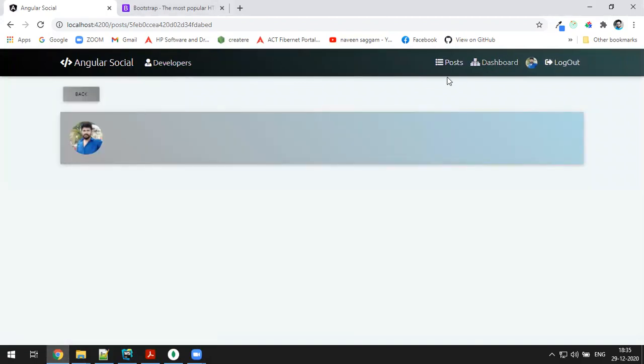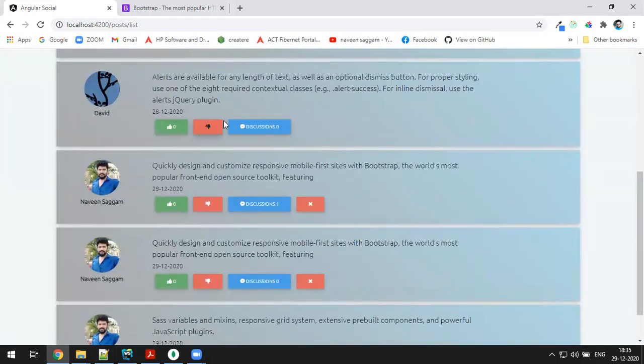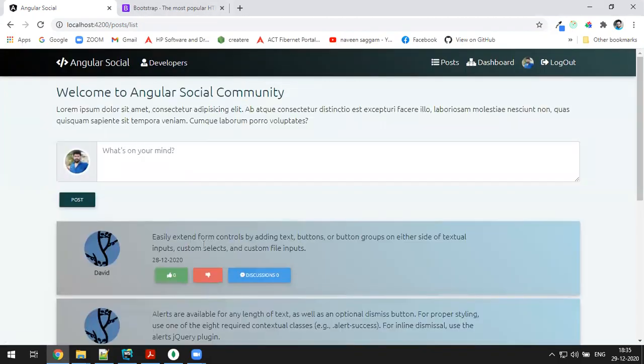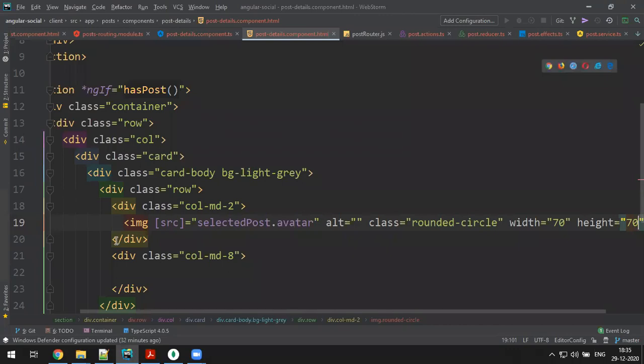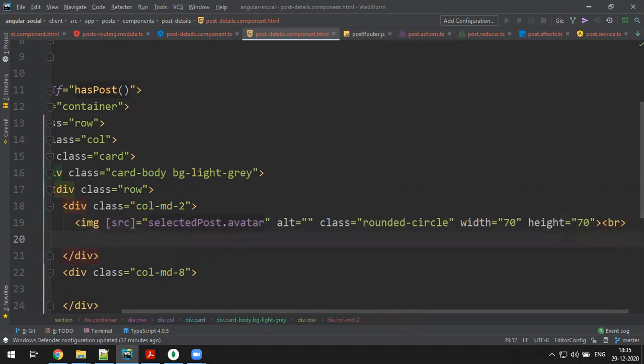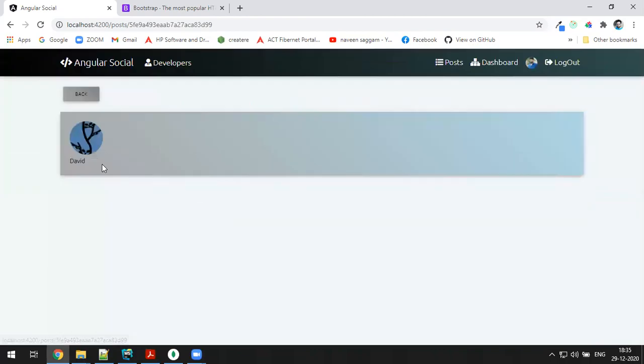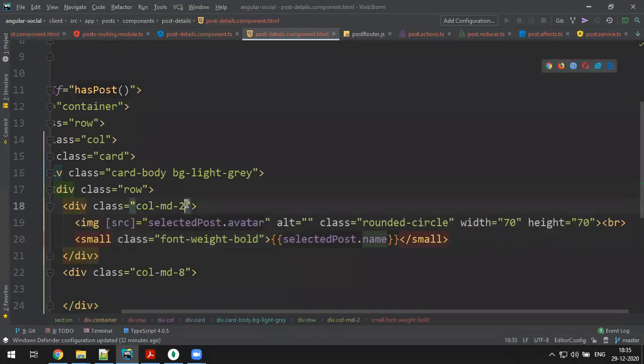This is the one. Okay, if you wish, a back button. If you add this post, this is David. Click on discussion. Yeah, I got David. Okay, fine. Below it some information, the name. So I make one br tag, and then one small tag with a class called font-weight-bold. I'll display the name of the person who made the post, so selectedPost.name. Check it out, David. Click on discussion, I got David, but keep it centered. Let's say text-center.